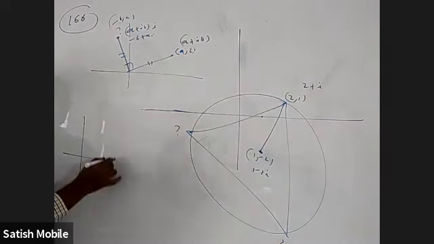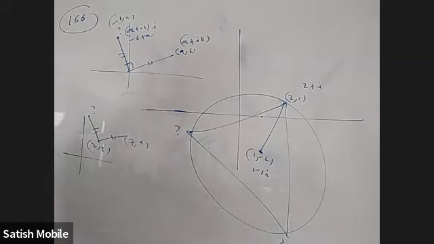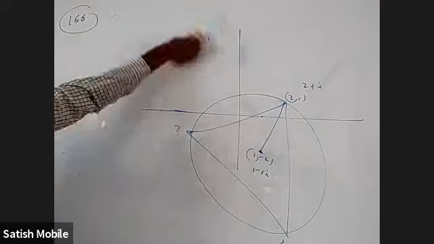What if it is not the origin? Then also they can ask. This is 2 comma 3. This is some 7 comma 9. These two lengths are equal. What is this? They can ask this question in coordinate geometry, right? Then we'll generally use parametric forms. We know the slope of this, from that we'll find the slope of this, and then the distance. We'll use x1 plus r cos theta and y1 plus r sin theta. But all that is a waste of time. Use complex numbers, use the rotation concept, and you can just do it like that. So the rotation concept in complex numbers has an advantage in some questions, including your coordinate geometry questions.